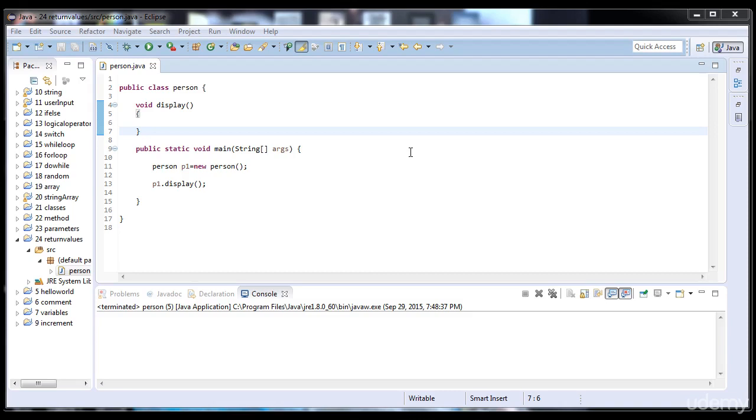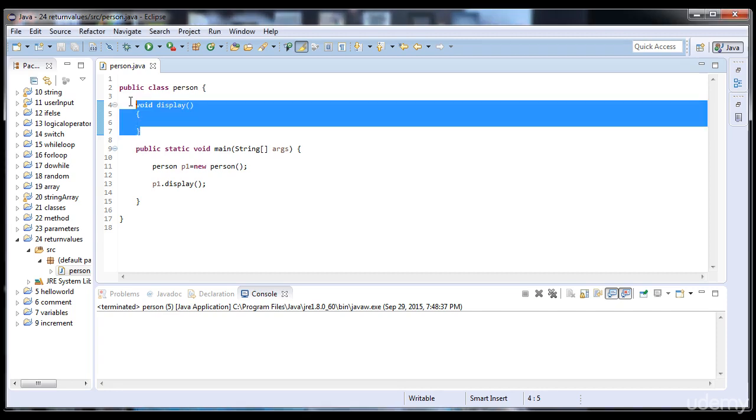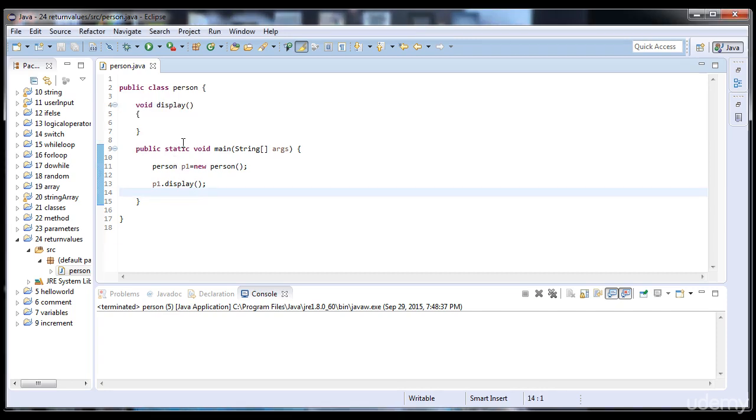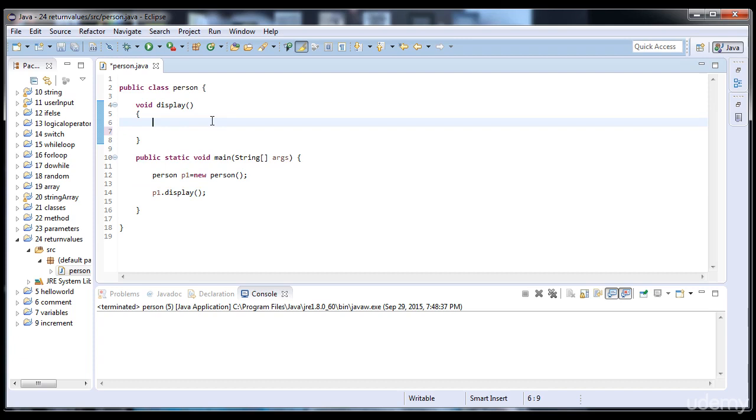Hi guys, in this lecture you will be learning how to return the values from the function to the main. Many programmers use this strategy to send the data from the function to the main. So here I have already created this object and this calling statement and function. This strategy is used when we do some calculation in the function and we want to return the